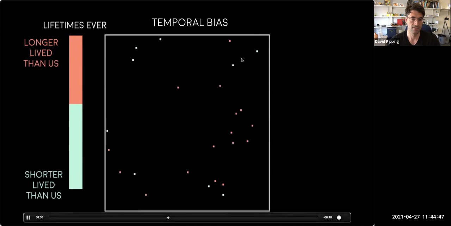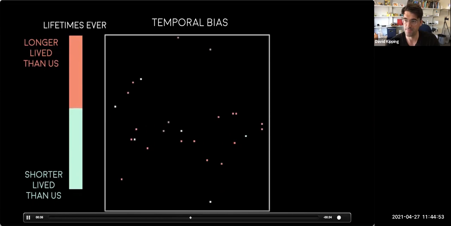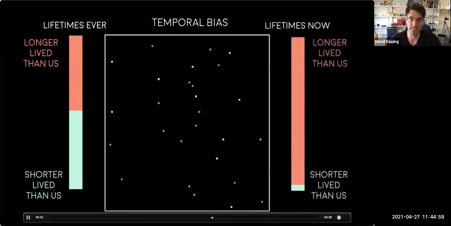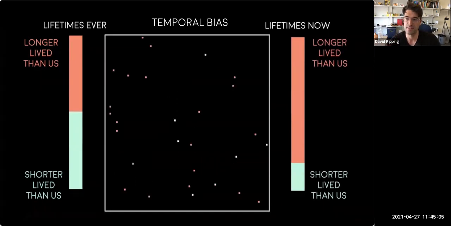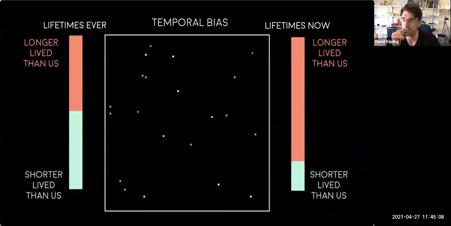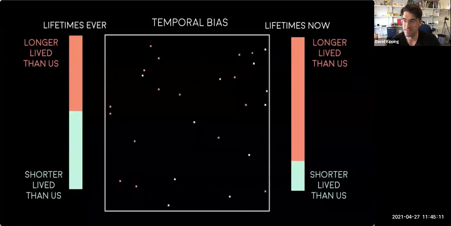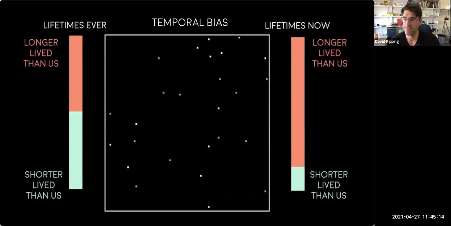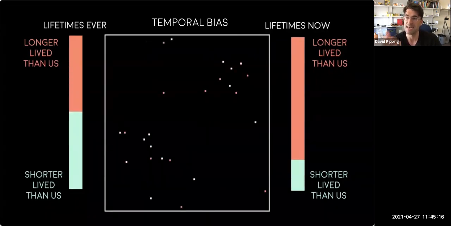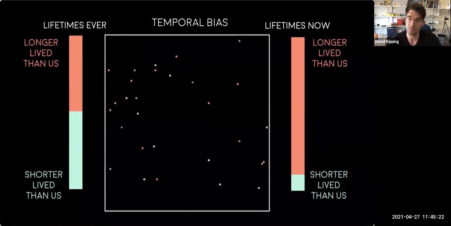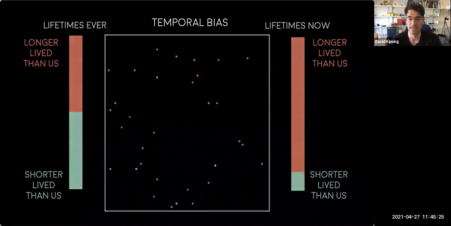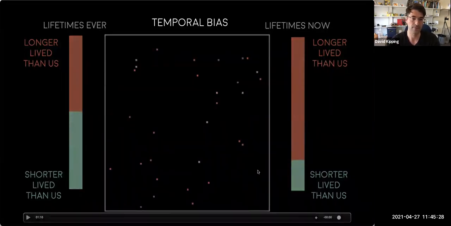So this seems to be working, but if you look closely, you might notice that there seem to be more red dots on the screen than green dots. You might be able to notice that. And in fact, if we make a histogram of it, you can see it. At any one instance of time, there are way, way more red dots than green dots. And the answer is kind of obvious. The red dots live longer. So even though I'm spawning just as many of the two, the fact they hang around so long means in any one snapshot in time, I have an overabundance of these things. And so this is going to actually play a really important role when we think about longevities of civilizations and who might be out there in the galaxy right now.